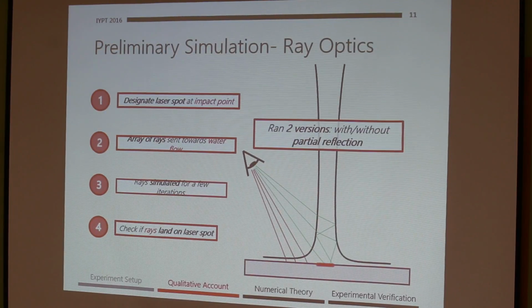So with this simulation, we are able to obtain the positions of the primary rings. However, when we tried to fit our theory to our experiment graphically, as we showed you just now, we were not able to reproduce the secondary rings, and this really stumped us for